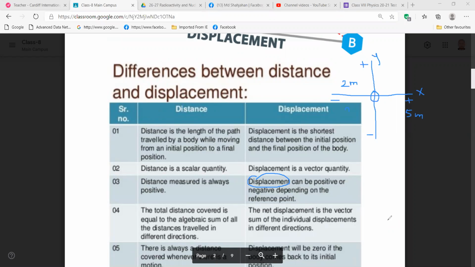So your distance is 7 meters, but your displacement is